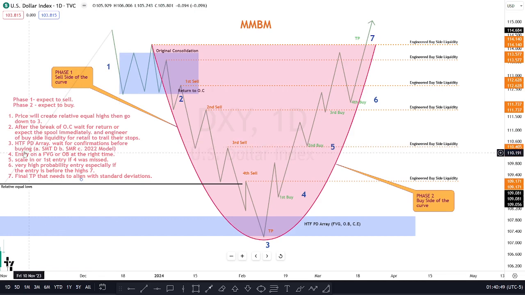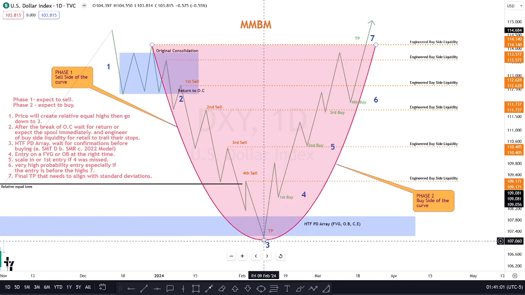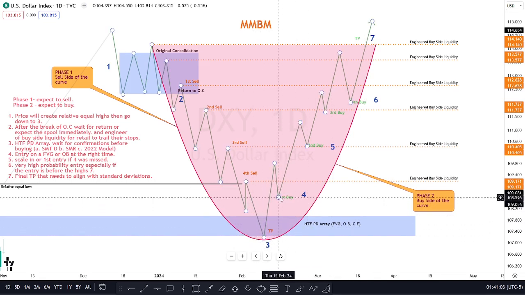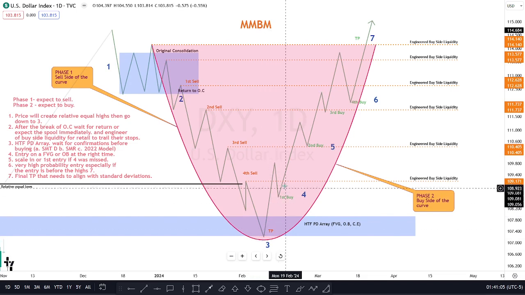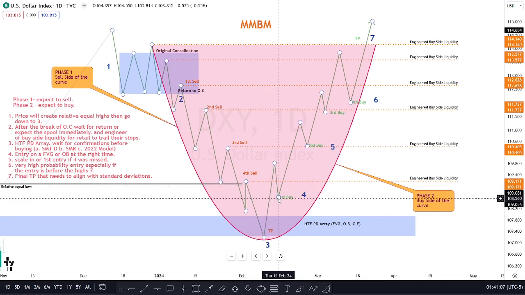Wait for confirmations before buying. Number 1 confirmation, it should be what? Smart money divergence. You want to see smart money divergence. What is the meaning of that? You see here, maybe let's just take it from here to here. You see the price created a low and created a high. But on other,